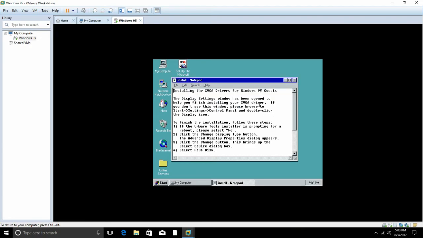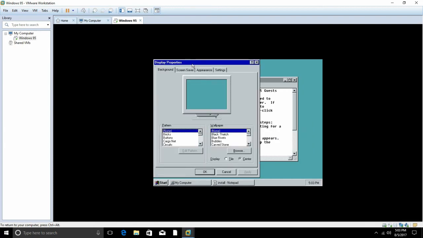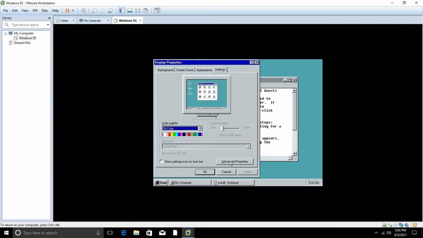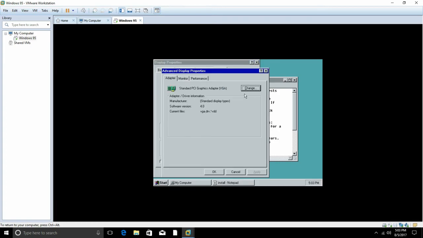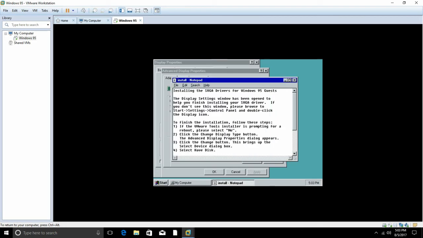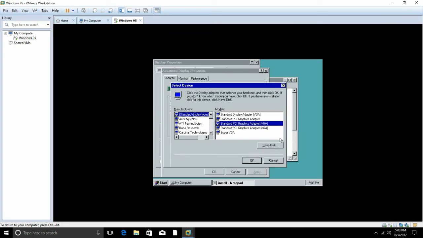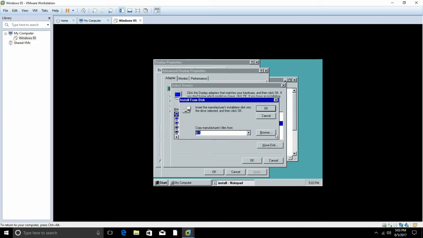Don't restart yet. And then click Properties, Settings, Advanced Properties, Change, Have Disk, Browse,